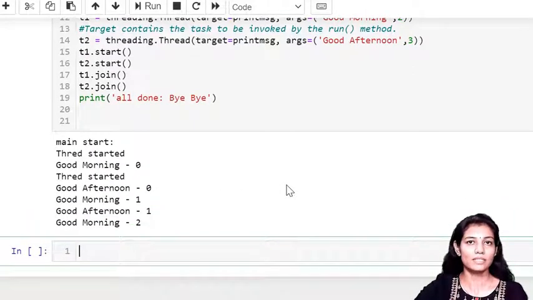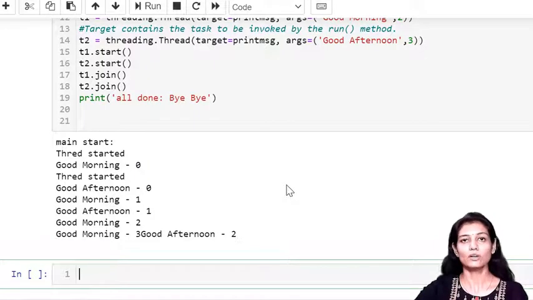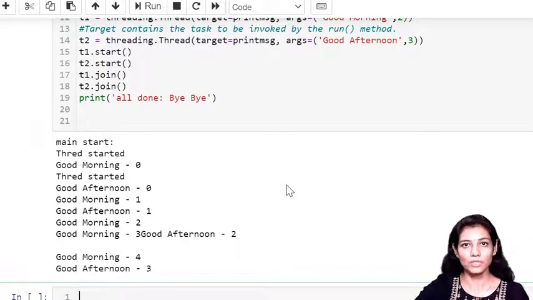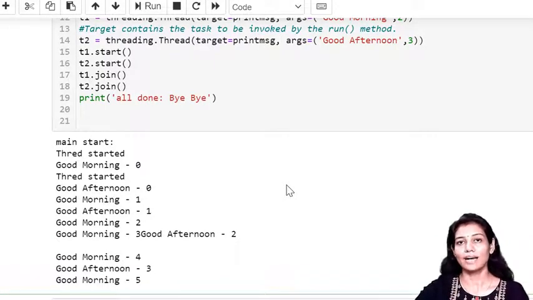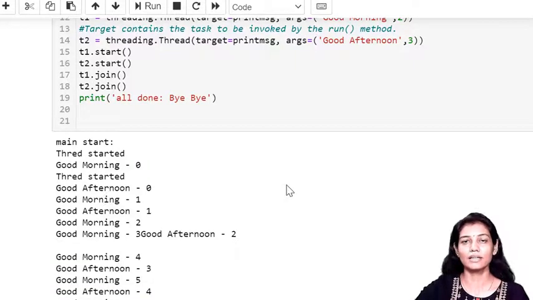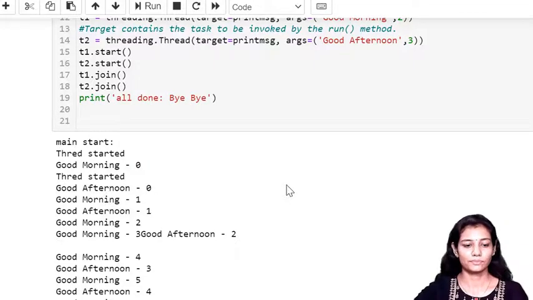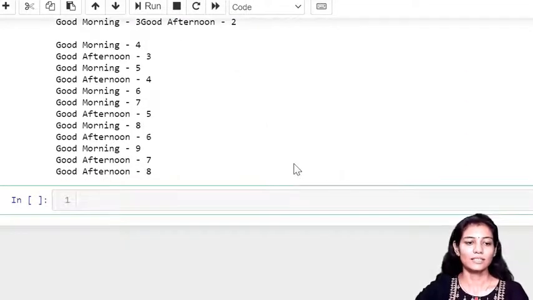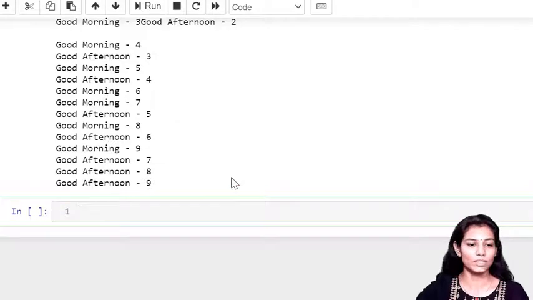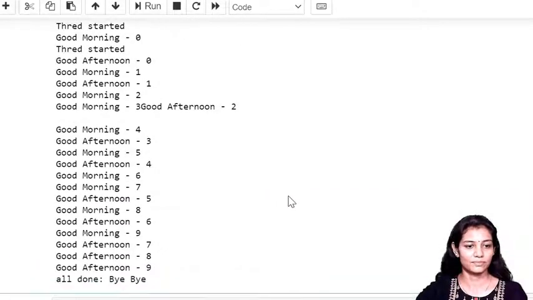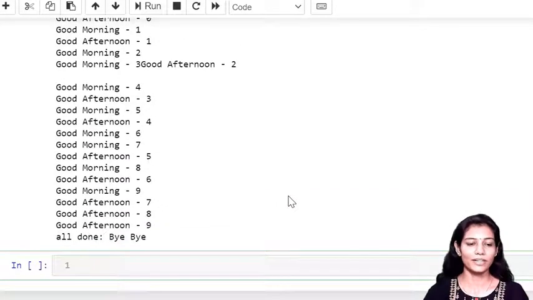The only difference is that in target, instead of calling the class constructor which we have used earlier, here I am directly giving the name of the method in order to create the thread. So see, it has created the thread and the execution is completed, and it has printed all done.